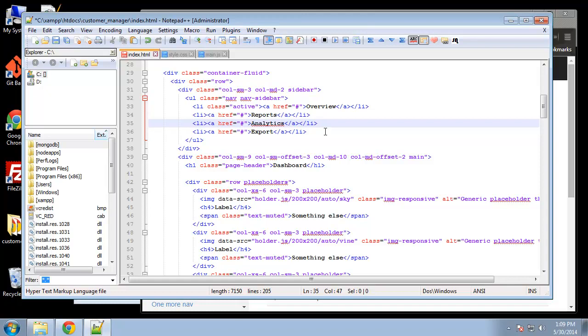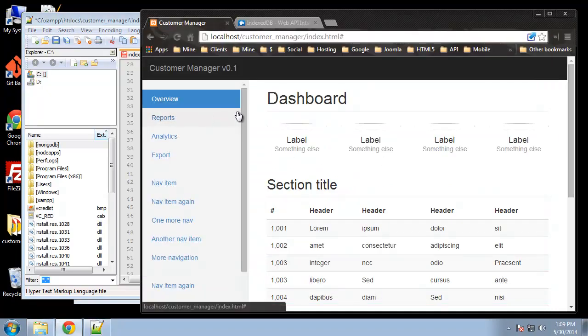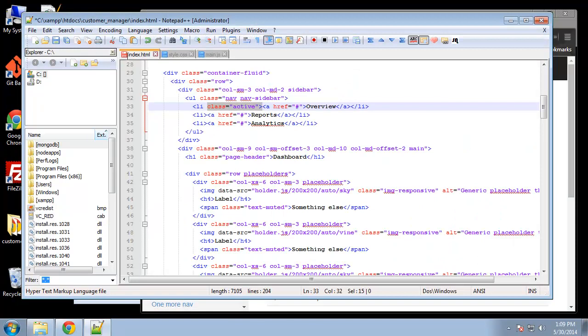Alright, so we're only going to have 3 links. Whichever one has the class of active is going to have this blue background. For now let's just call this customers, which will be our home page, which is index.html, and then we're going to have another link called add customer,